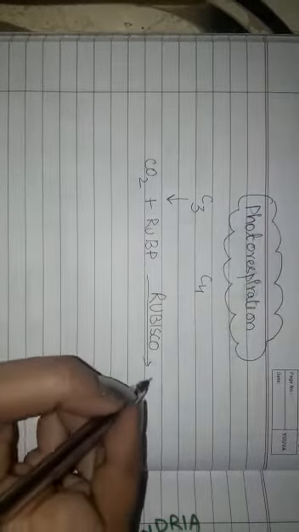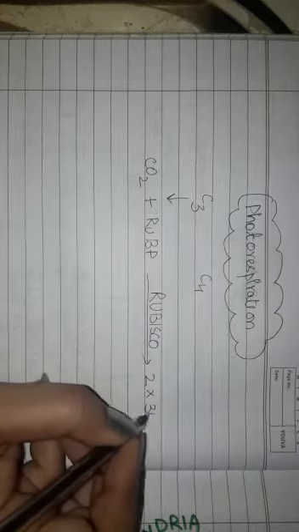Our next topic is photorespiration. Before discussing photorespiration, let us see the major difference in the C3 and C4 pathway. In the C3 cycle, the first step is carbon dioxide. It combines with ribulose bisphosphate in the presence of the enzyme rubisco, and it leads to the formation of two molecules of a 3-carbon containing compound,